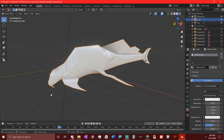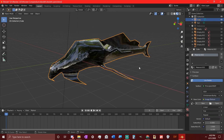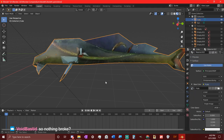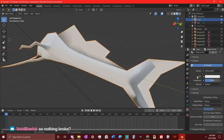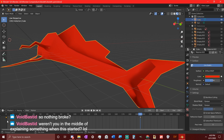So I could, if I wanted to. Why is he all shiny? Oh, I had the right. Oh, I can also animate those properties. Interesting. I don't think anything broke. So here's our textured Aboleth. Looks good. Alright, so now we can animate color properties, which is neat. So if we wanted to, we can go from... I think you could always animate color properties, but like...